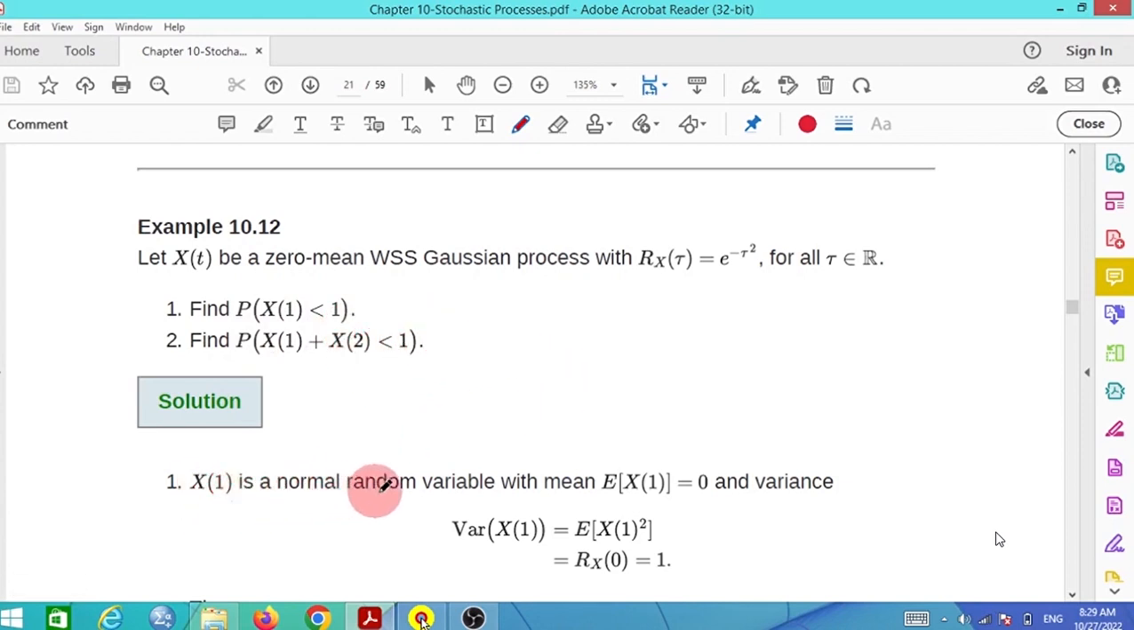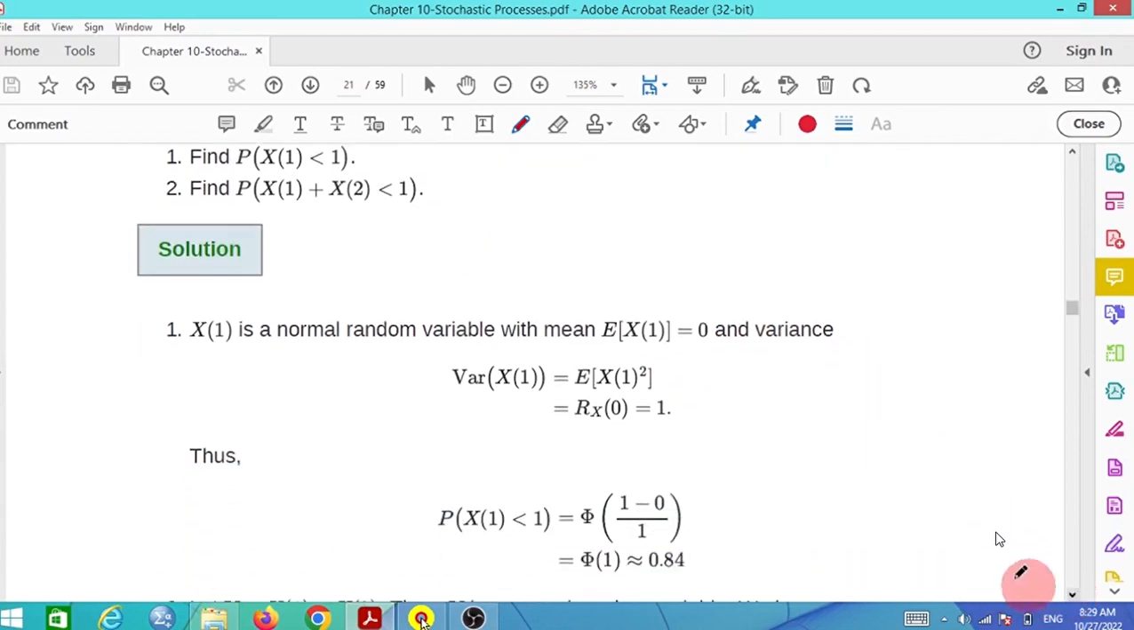Xt is a normal random variable with mean 0, because the problem statement says Xt is zero mean, and the variance is this. For the variance of Xt, it is equal to the expected value